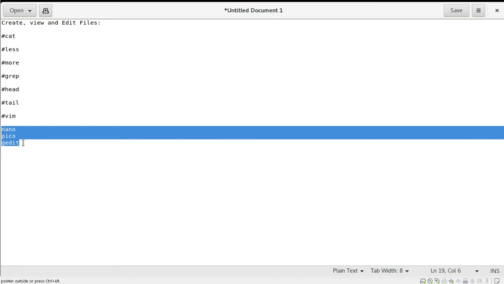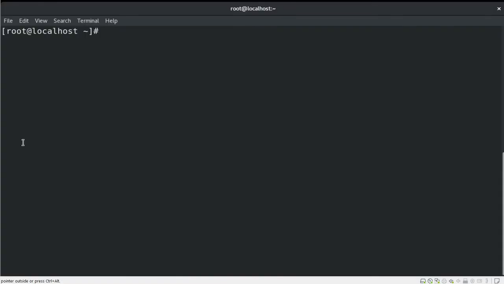However, vi or vim is a much more popular editor for any system administrator, and that is because vi is mostly available with all flavors of Linux or Unix operating systems.